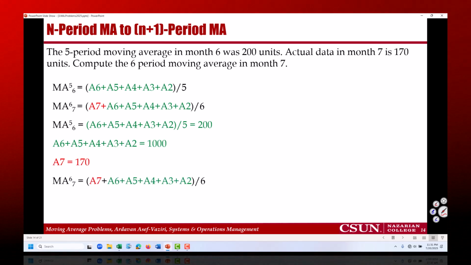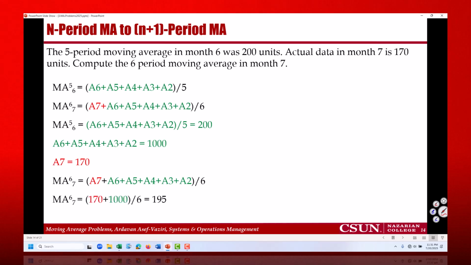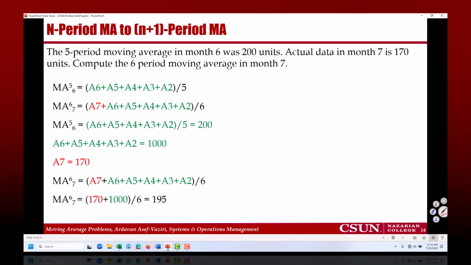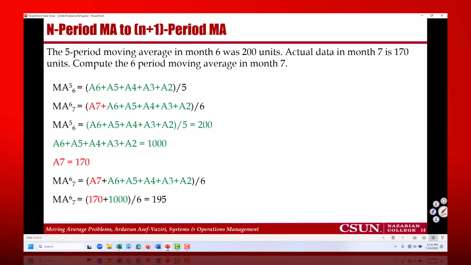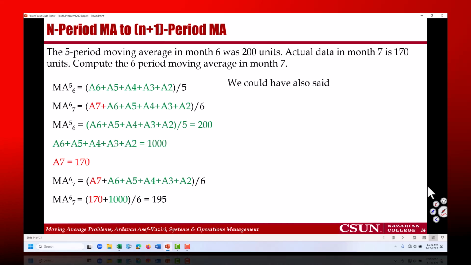This is the 6-period moving average in month 7. I have all the pieces. I put them together, and I compute it as 195. I could have done it in a different way. I could have said